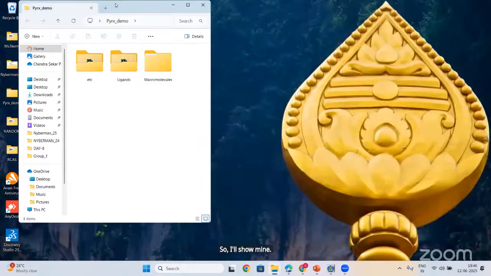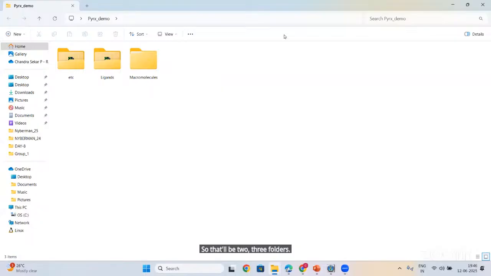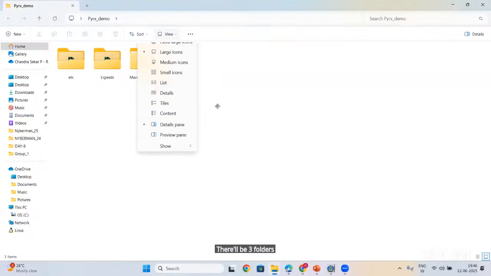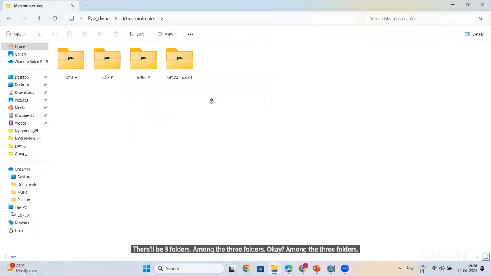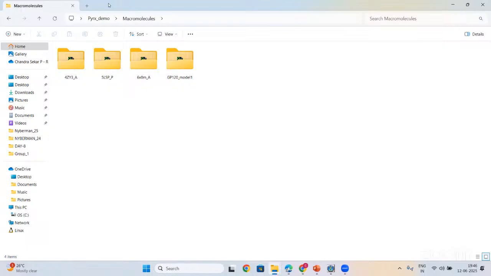So there will be three folders. Hope my screen is visible now. Among the three folders, access the folder